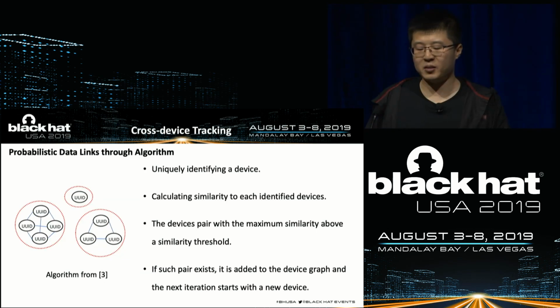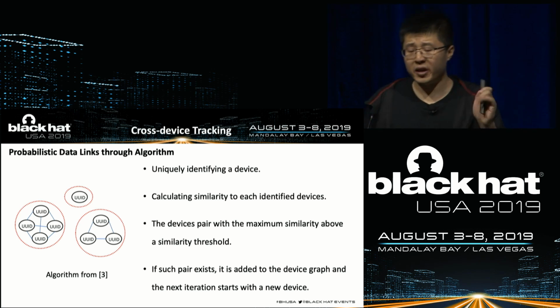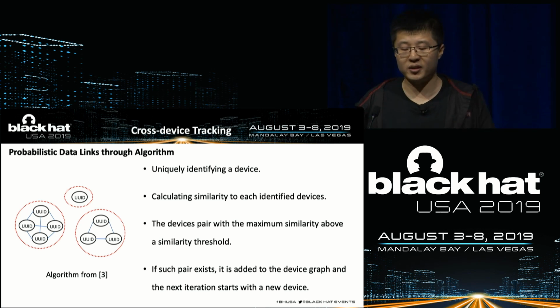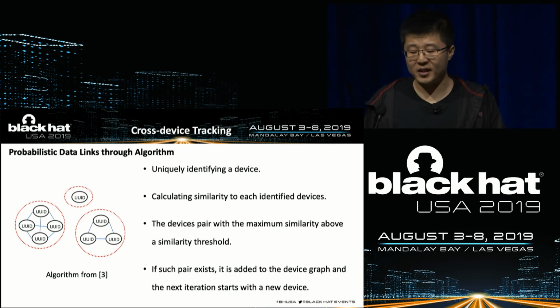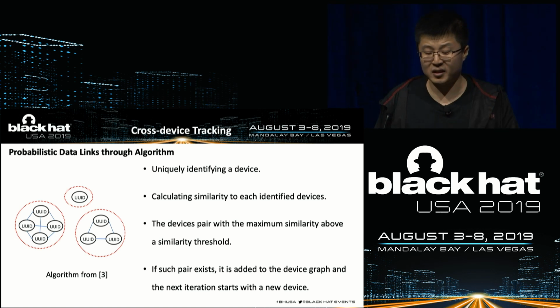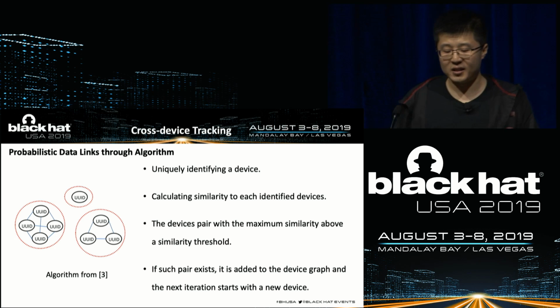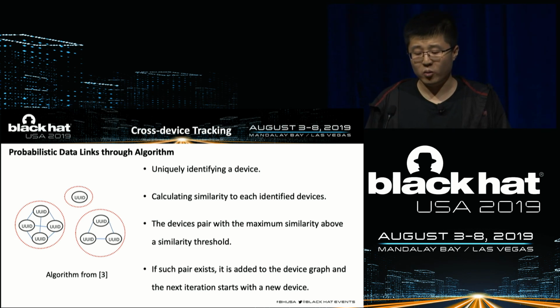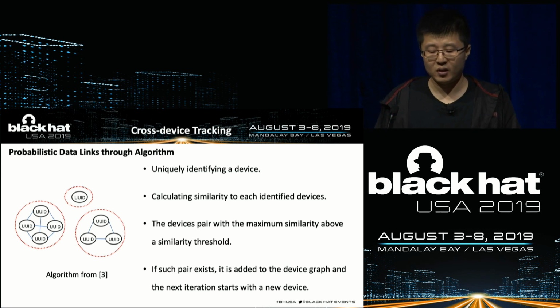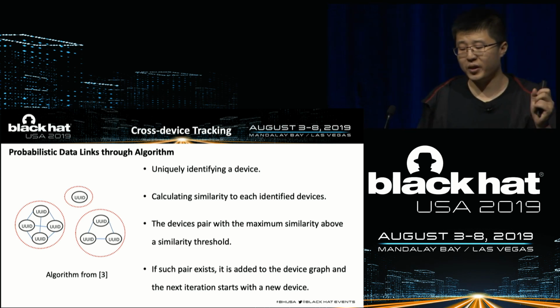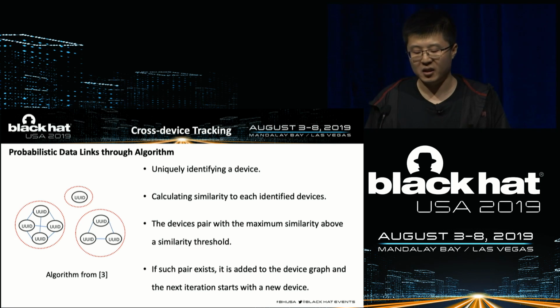So in our experiment, we used the similarity algorithm to calculate the distance between devices. The process of device linking through probabilistic data is shown below. Firstly, uniquely identifying a device through device IDs. Secondly, we calculate the similarity to each identified device. Thirdly, the device pair with the maximum similarity above a similarity threshold,